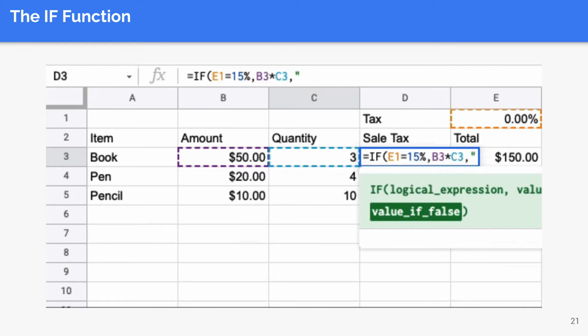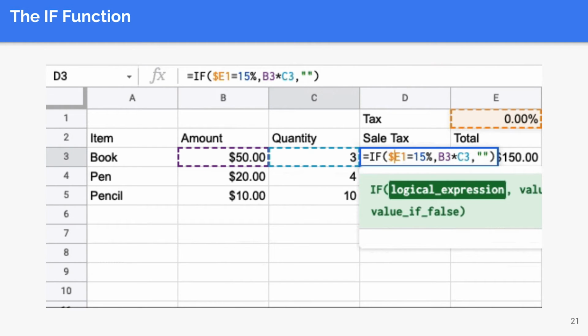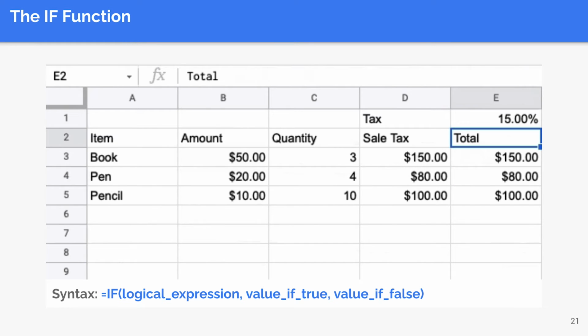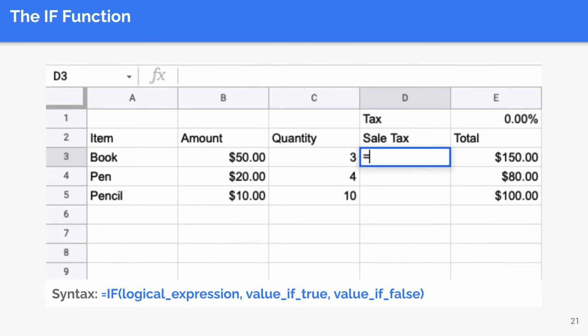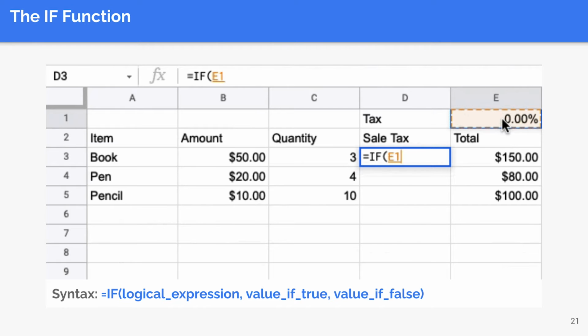The if function evaluates one logical expression and returns one value if the expression is true and another if it is false. Its syntax is as shown. This function takes three arguments. The first argument, the logical expression, is the condition to be used for the evaluation. The second, the value if true, is the action to perform or the value to return if the condition is satisfied. And the last, value if false, is the action to perform or the value to return if the condition